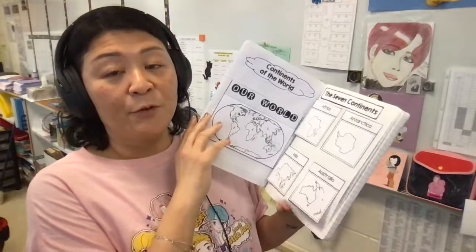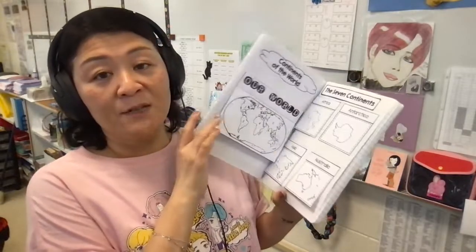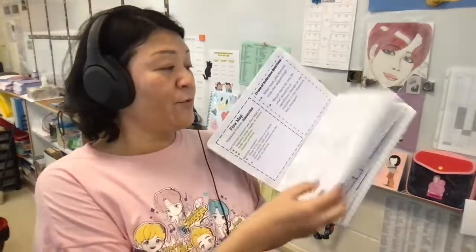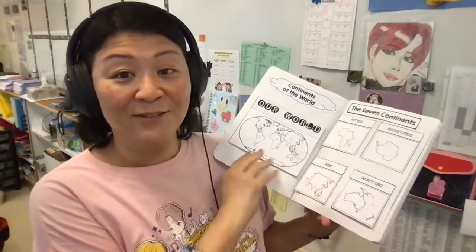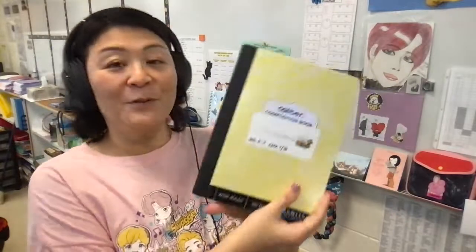And when it comes time for you to do formatives and things like that, you can use this book because it has your notes. Okay? So try to keep it